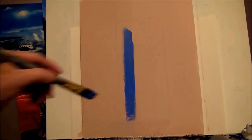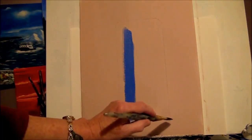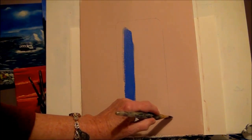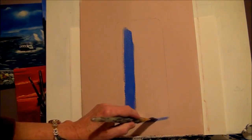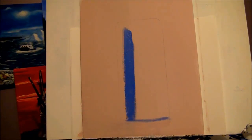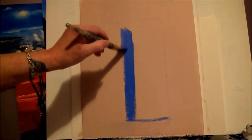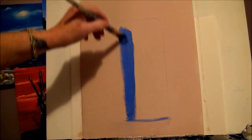Okay. Just come down where you ended your lines so that you leave some space. You can even draw a line over here like this with your paint if you want to, just to know where you're going to have your walkway. Alright, so let's get the paint on there. Good. Nice long strokes so you won't get